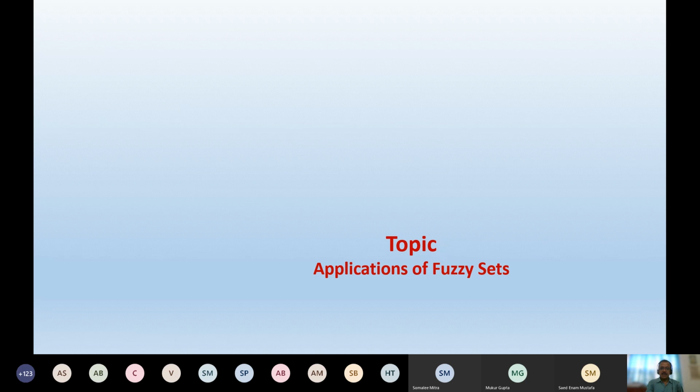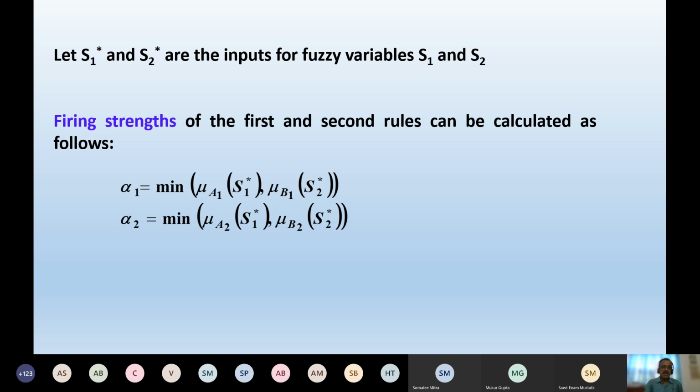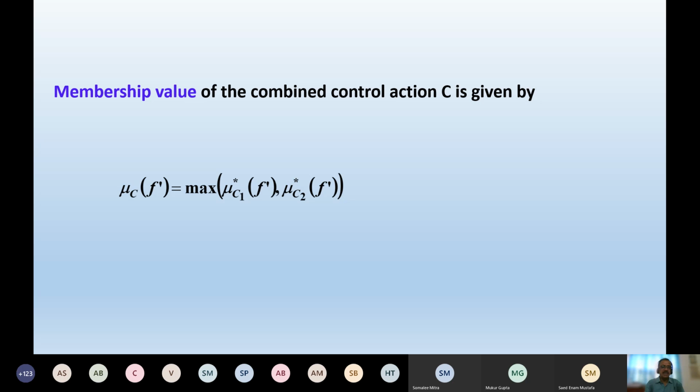Now this combined output of the two fired rules is nothing but an area. Directly you cannot use this area, and it cannot be the angle of valve opening. So you'll have to find a crisp value corresponding to that combined output, and how to find the crisp output I'm going to discuss in detail after some time. Whatever I discussed here, the same thing I've written here, so please read that PPT and you'll understand.